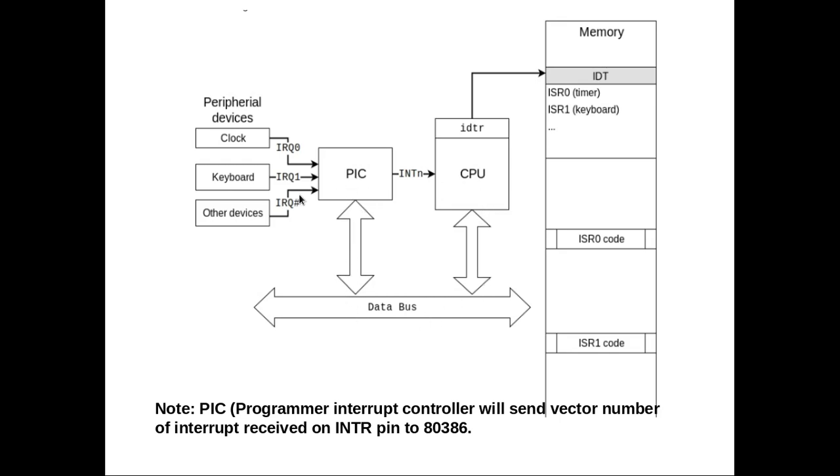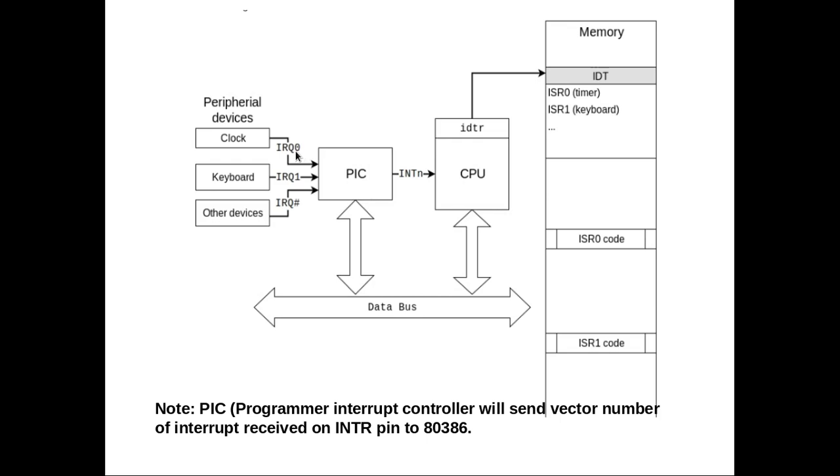So the PIC has converted that interrupt request into the vector number. How can the PIC convert an interrupt request into the vector number? We have seen which range is allocated to the interrupts that are coming on the INTR pin: it is 32 to 255. Let's assume that this is the IRQ0 line, then this is IRQ1. So what can the PIC do here? The PIC can just add 32 to this 0.